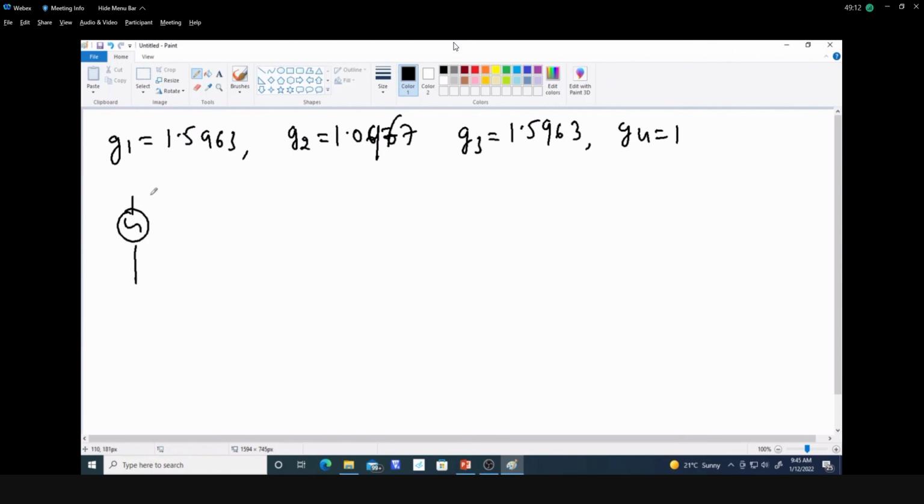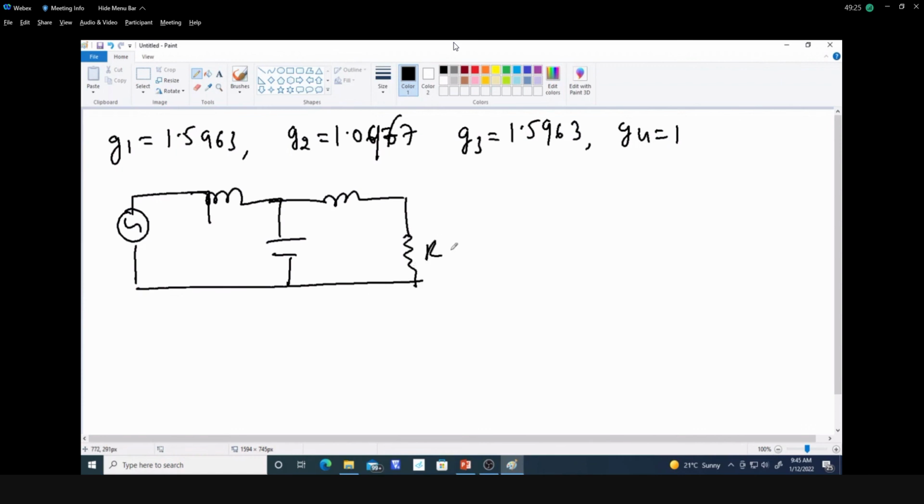configuration, we have the first L1. So let us take this the band pass filter which is L1, capacitor, and then L, like this RL, and we have the source here. Now if I take like this, so my first value which is nothing but L1, and this is C2, and this is L3. So we have already found out these values, so this is the transformed values, but we need to find out these values, and here this is L1, and this is C2, and this is L3.